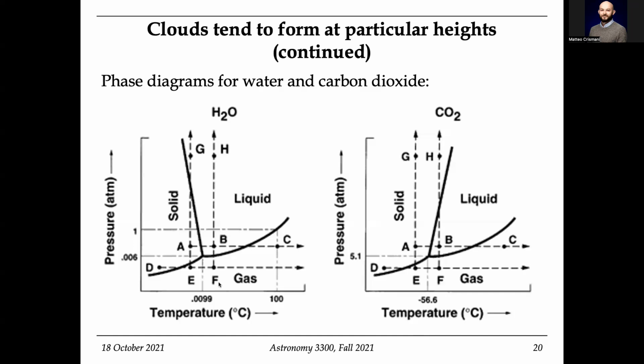As I move up into the atmosphere, I go down, right? And then let's say I'm at the very top of the atmosphere. It might be such a low pressure that I simply take a solid, the water ice cloud, and immediately turn it into water vapor. No drop. Right? Whereas let's say I'm lower in the atmosphere, I might be able to get away with transitioning through the droplet stage. Okay. Let's compare to